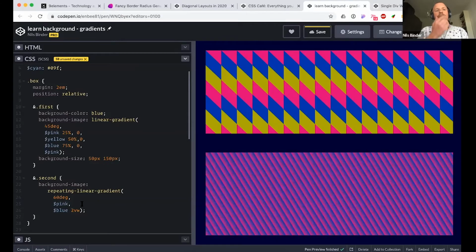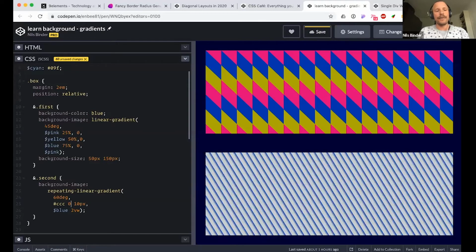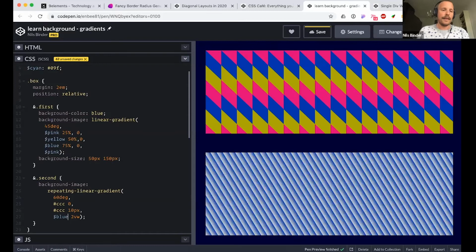And I can do this hard stop thing that we talked about before, and I will do maybe this one here, do it a little more subtle and do something from CCC, 0 to 10 pixels. For repeating gradients, it's a good thing to start with the 0. I could maybe do a double here, 2 times and say, okay. And then I have